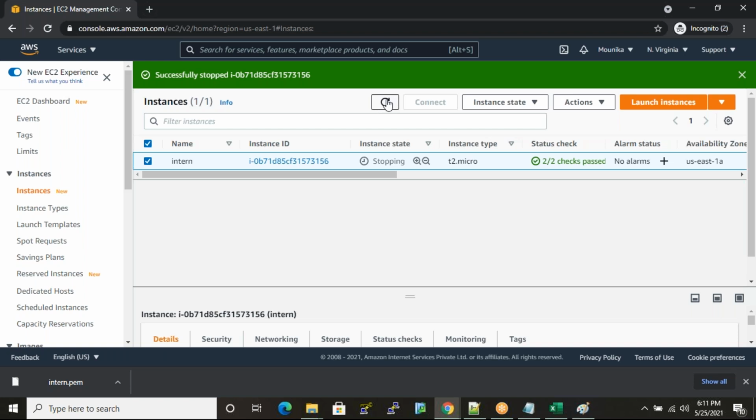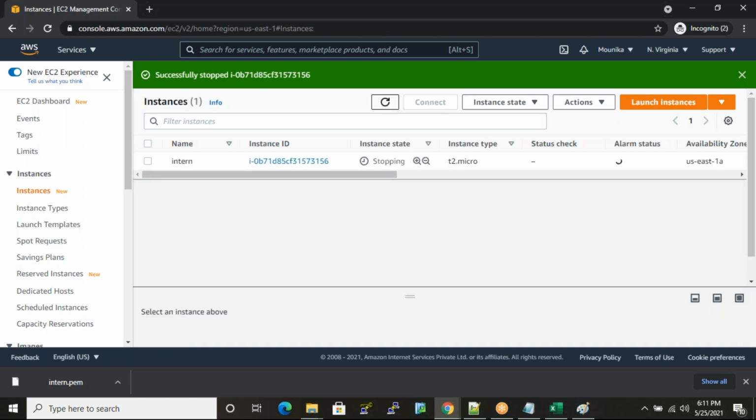So successfully stopped. Again refresh. So this is the console refresh and this one is the browser refresh. So you just refresh. So now my instance state is stopping. Okay, so tomorrow session lo malli start chesi again will work on. So first instance stop cheskondi, stop chesin tarvata లాగౌట్ చేయండి అకౌంట్స్.